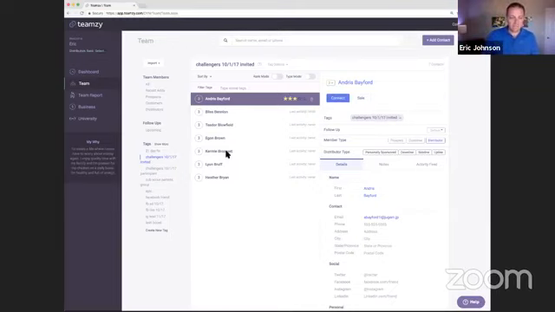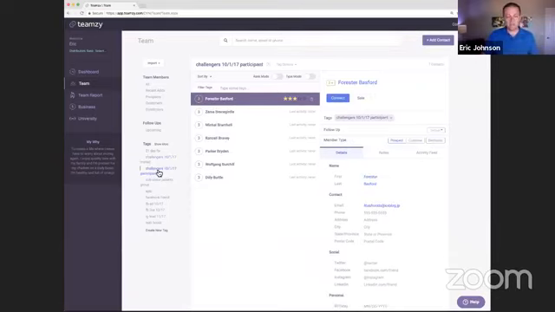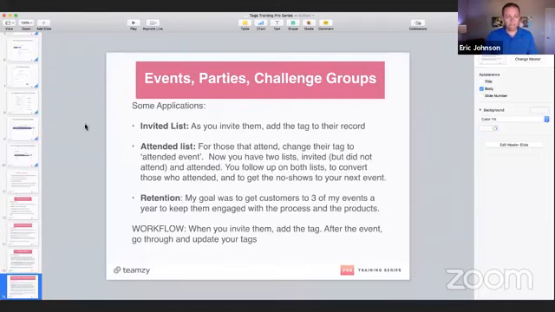With me? So now I can go through my invited list. These are the people who didn't attend, boom. And I can go through my participant list and follow up with them differently. Great. All right, makes sense? And the same thing for whatever your network is, you just do it exactly the same way. Let's toggle back.